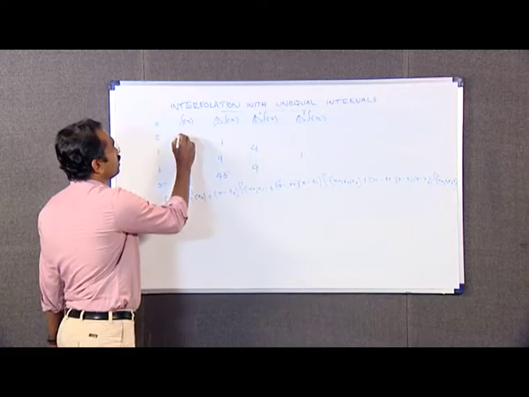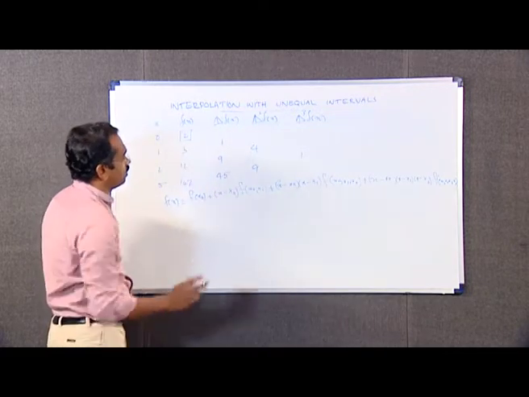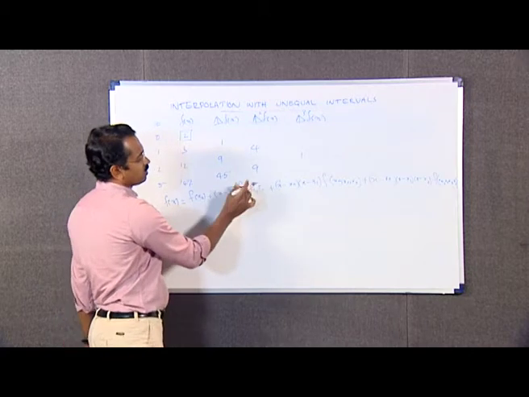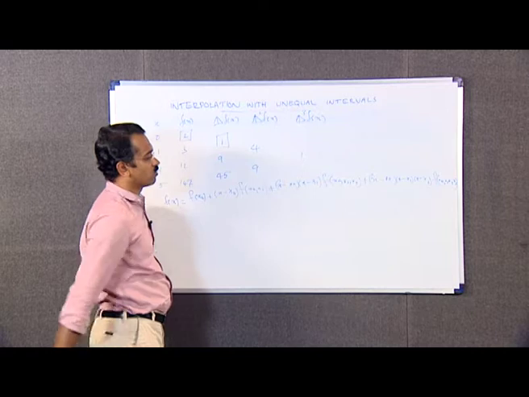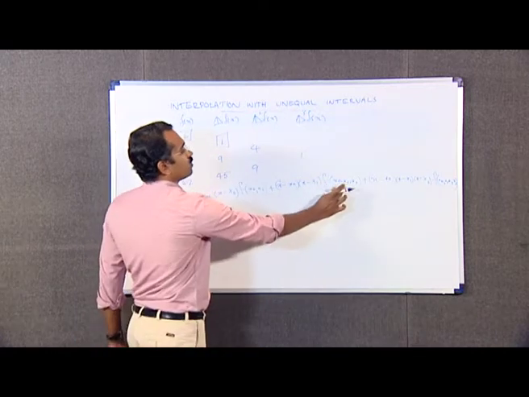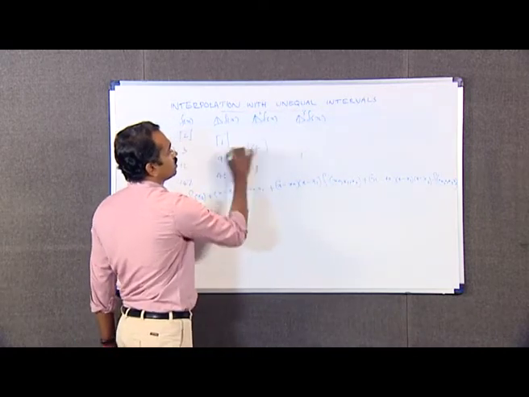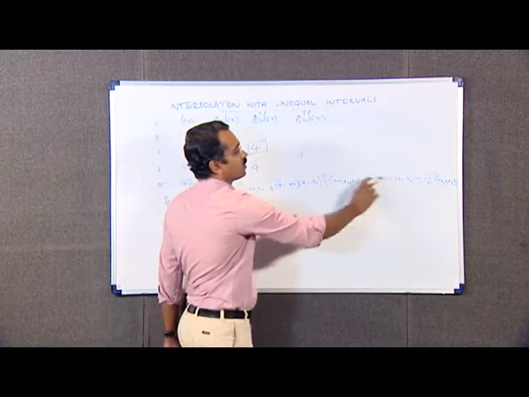Here f of x naught is this. F of x naught x one means the first divided difference between the arguments x naught and x one. F of x naught x one x two is this, and f of x naught x one x two x